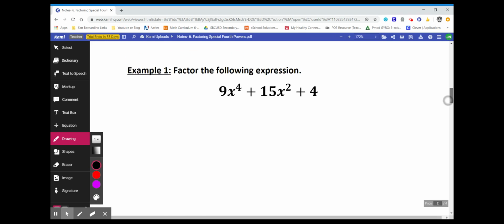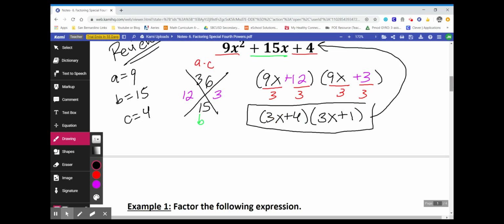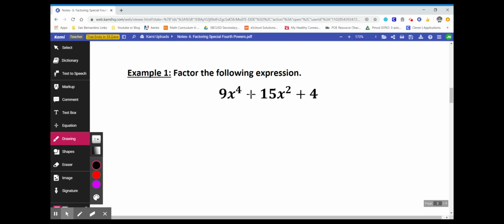But if you notice, I gave you the exact same problem. So check this out. It's like 9x squared plus 15x plus 4. In this case, instead of a power of 2, I give you a power of 4. 9x to the power of 4 plus 15x squared plus 4. So if I want to change something that's a power of 4 into something that's a power of 2, I could really easily do that by just